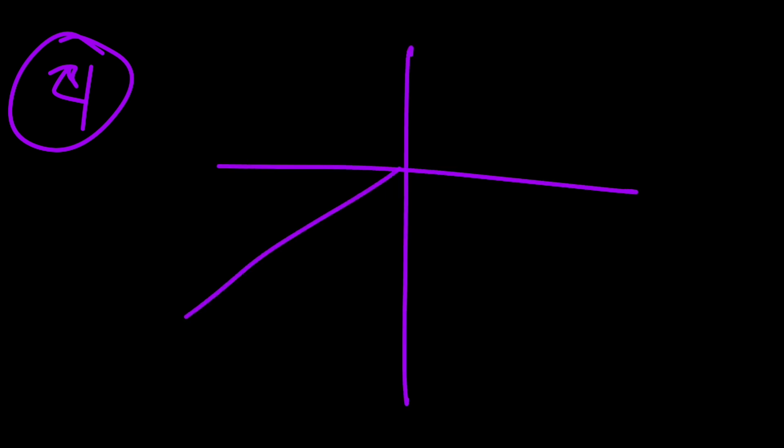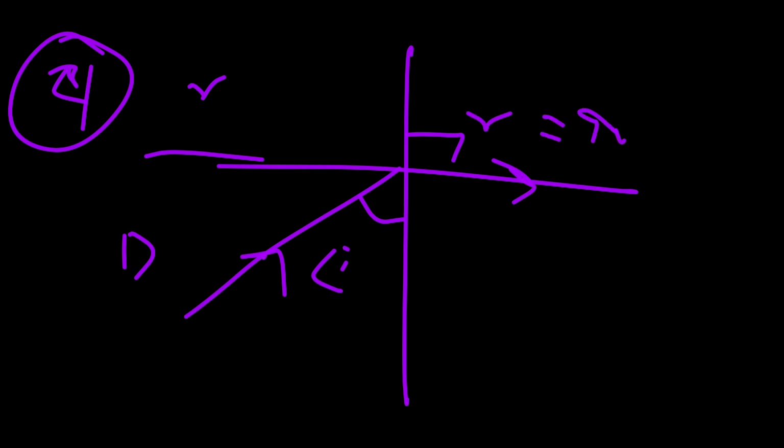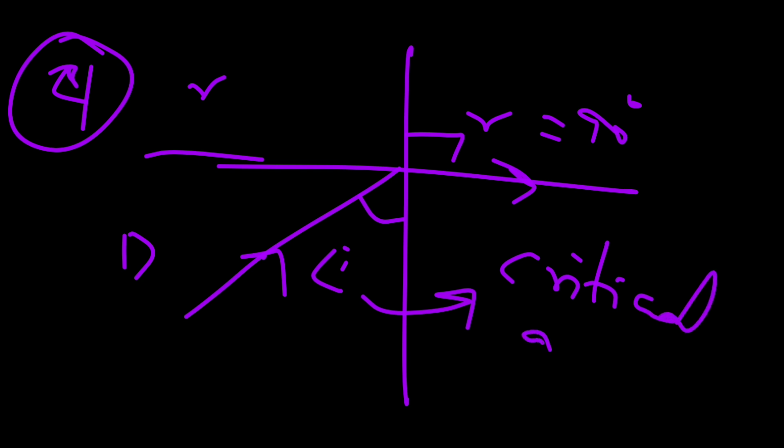And number 4: when a light ray, at a particular point of incidence while traveling from denser to rarer medium, has a refracted ray that grazes along the interface, that angle of incidence is called the critical angle. We discussed this earlier. So now tell me, what is called a critical angle? At a particular point of incidence, the refracted ray grazes along the interface, and that angle of incidence is called the critical angle.